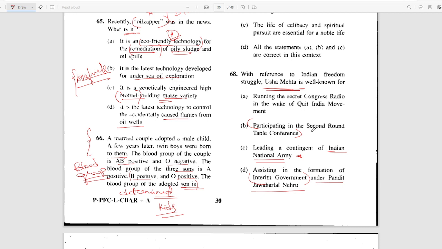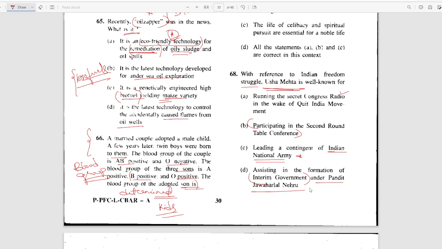So moving to the next question: with reference to the Indian freedom struggle, Usha Mehta is well known for what? The Secret Congress Radio. But you have to see the other options also. Other options also give you a hint of where to study, what to study: participating in the second roundtable conference, leading a contingent of the Indian National Army, assisting in the formation of interim government